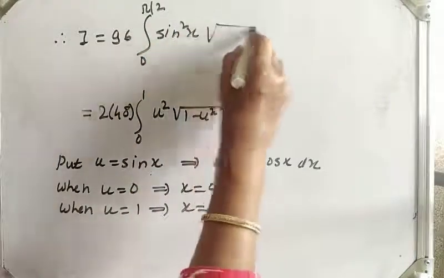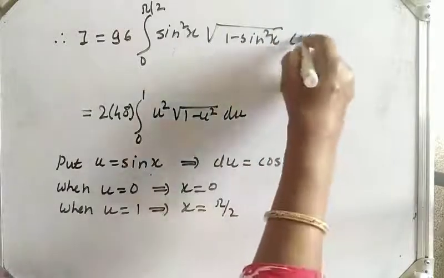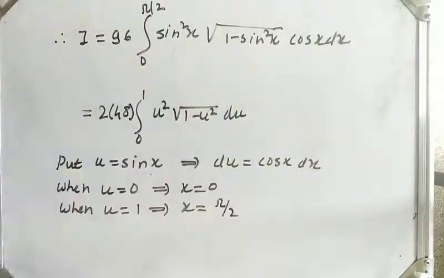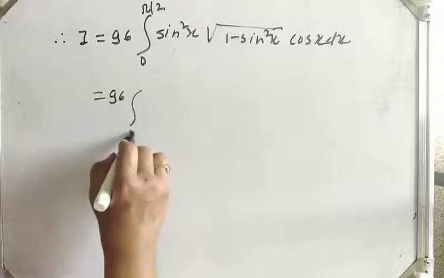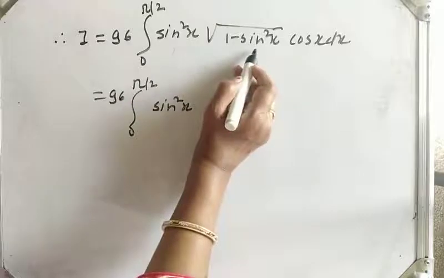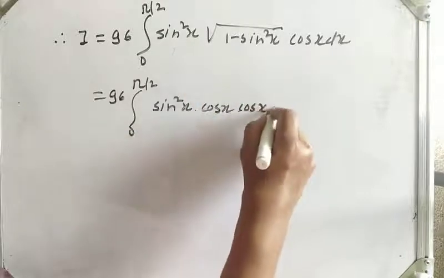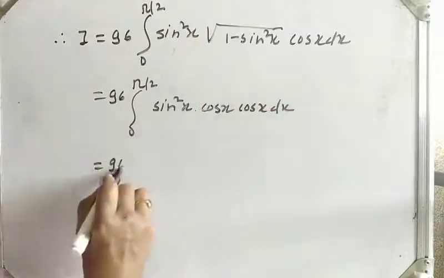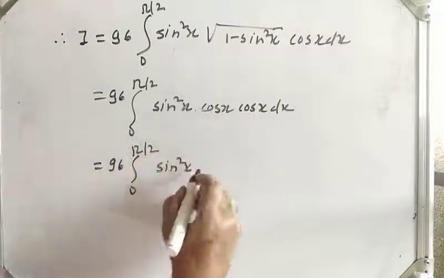square root of 1 minus sin square x, and du is cos x dx. Now let us solve it, which is equal to 96 integration 0 to pi by 2 sin square x times square root of 1 minus sin square x, that is square root of cos square x, which is cos x, into cos x dx. That is 96 integration 0 to pi by 2 sin square x cos x into cos x,